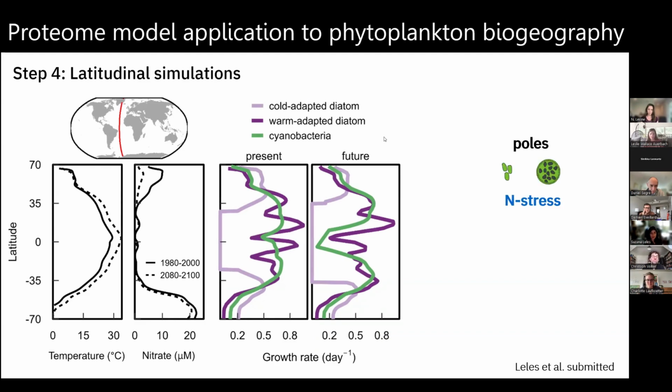But I want to focus on one key finding from this study. We found that in the poles, all three phenotypes optimized to be smaller under future conditions because nitrogen stress was more severe than heat stress. However, we saw the opposite pattern in the tropics. In the tropics, heat stress was so strong that cells were actually driven to get larger. They had to invest in heat mitigation strategies to handle this condition.